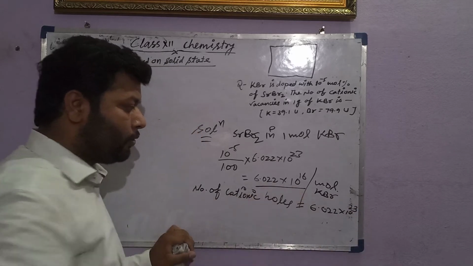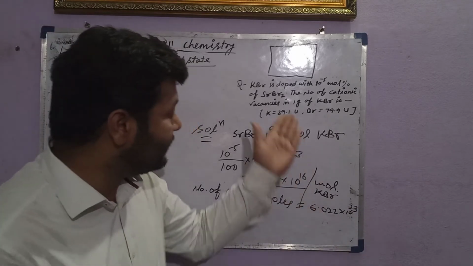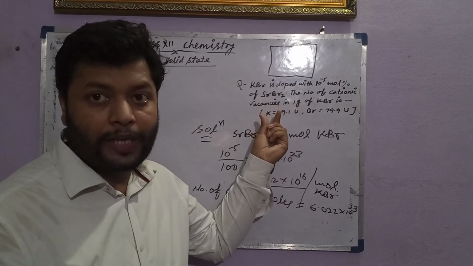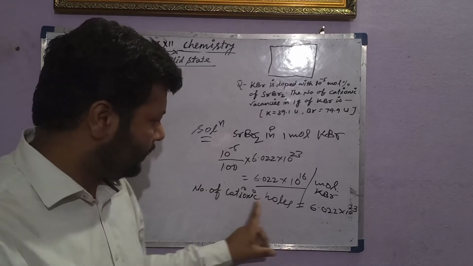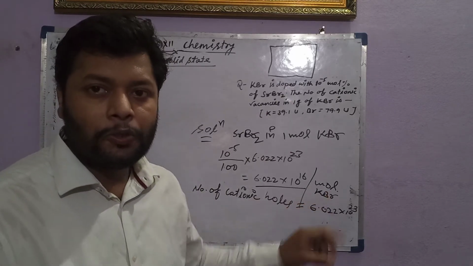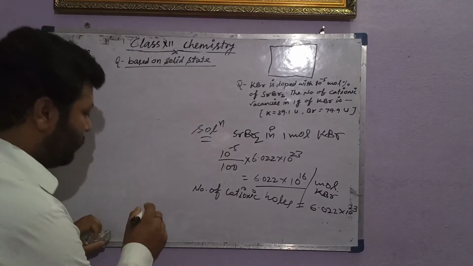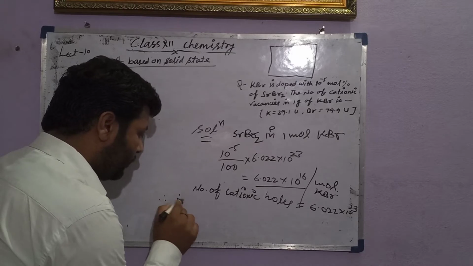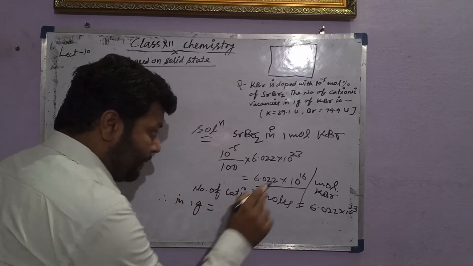So the number of cationic holes will always be the same. But what they asked is the number of cationic holes or vacancies in 1 gram. That much is in 1 mole of KBr. So what is the value for 1 gram? In 1 gram, the same value will be